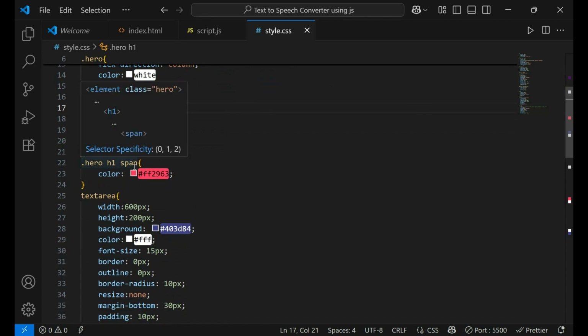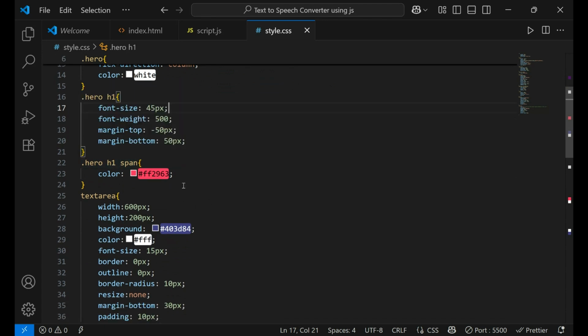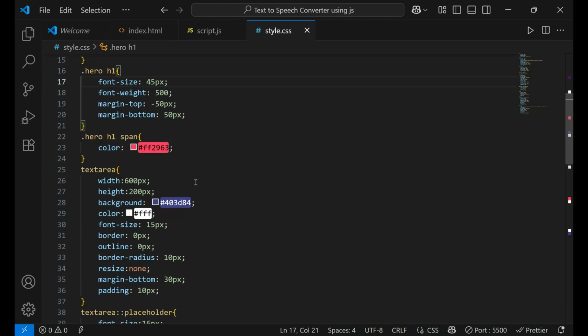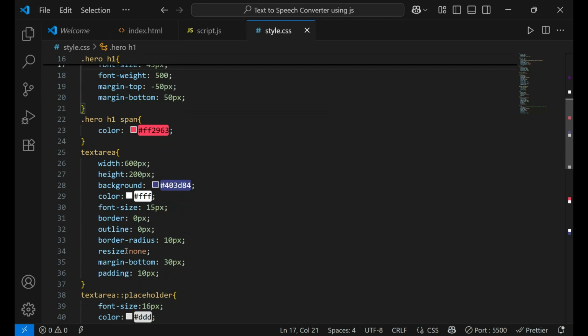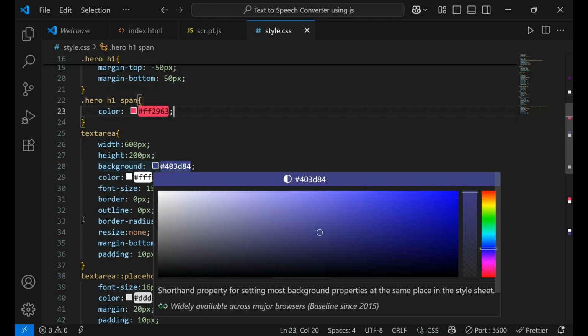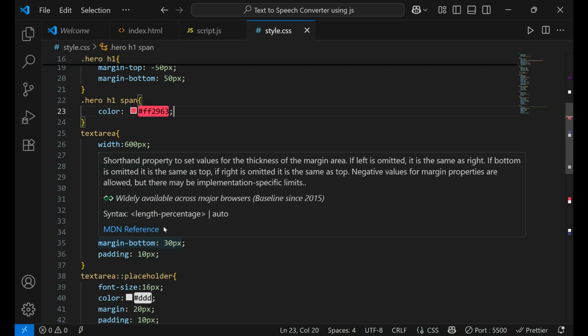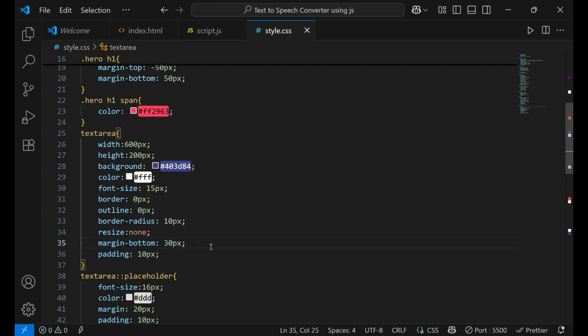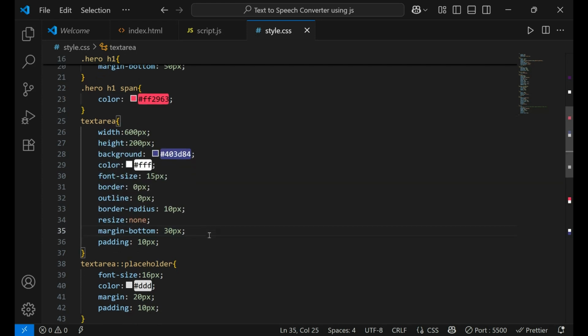And for the span tag, I used this color so that it displays the color. And for the text area I have set the height with the background color, font size, border, outline, and border radius for curved borders.